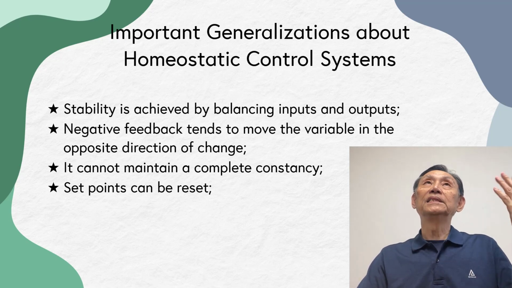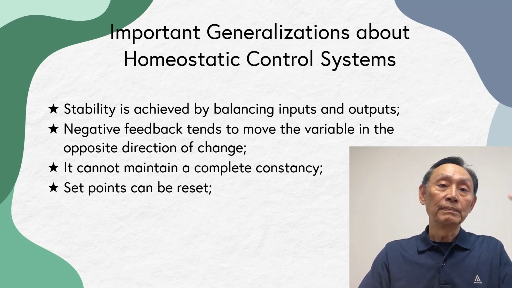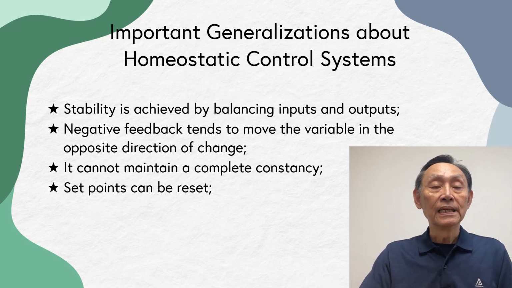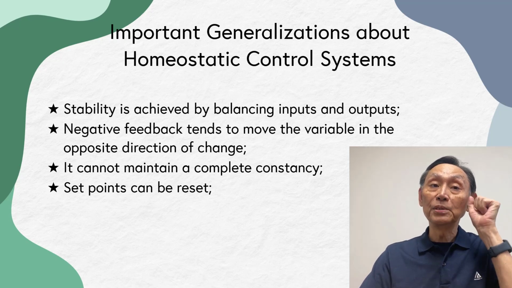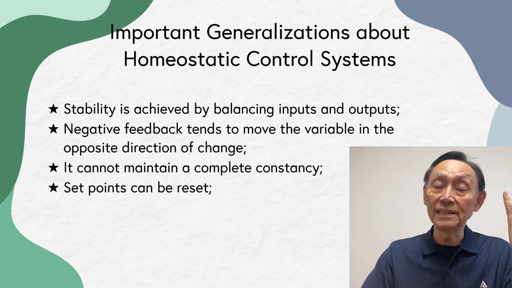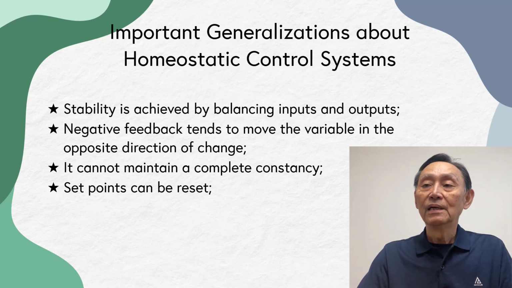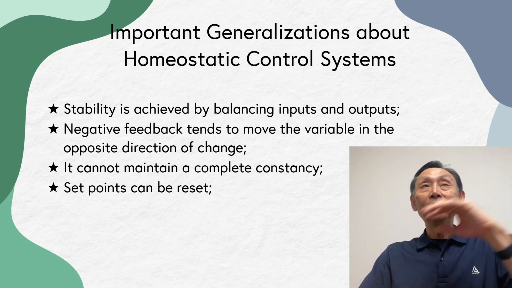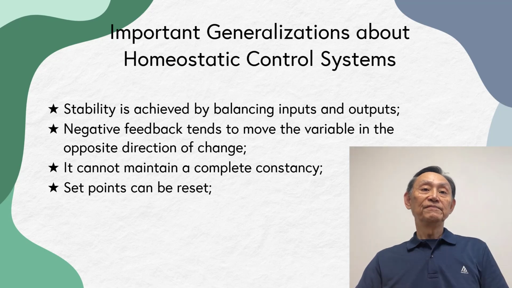In a lot of cases, when we get infected by bacteria, by virus, or by other things that have many toxins, that can induce this. So the body temperature set point in our brain can be reset, just like a blood pressure set point or even a blood glucose set point. So they can raise it. So our body temperature will go high and stay there. That we call the fever.